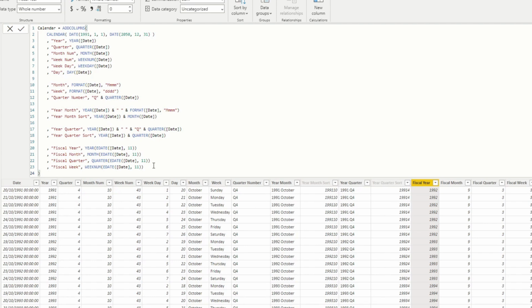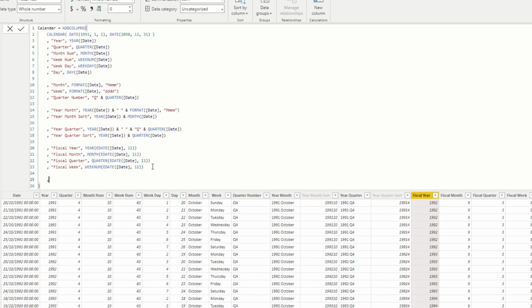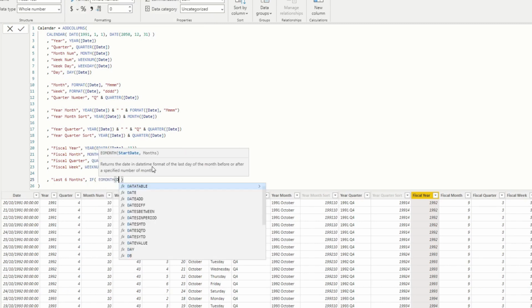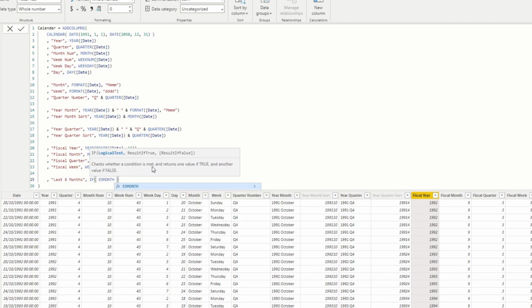So in this case, you can build this kind of calculation in our table. So let's start by creating last 6 months right here. And we're going to say if we're going to use the end of month date. So whatever the end of month is of whatever date is in our row, if the date